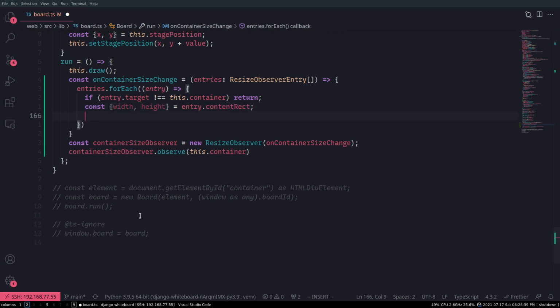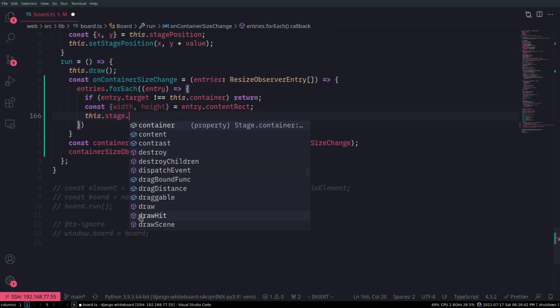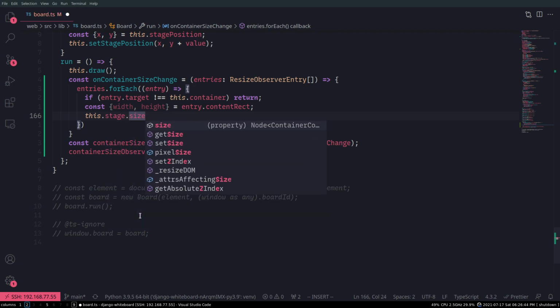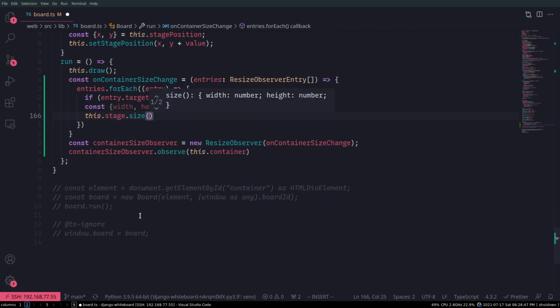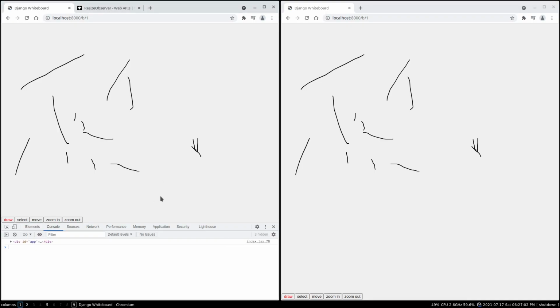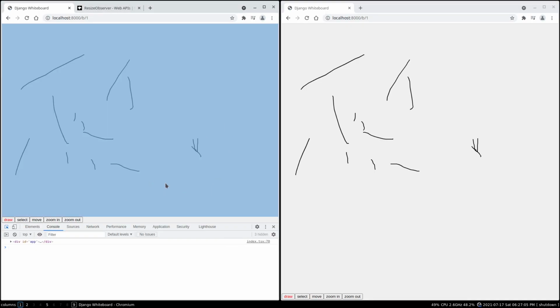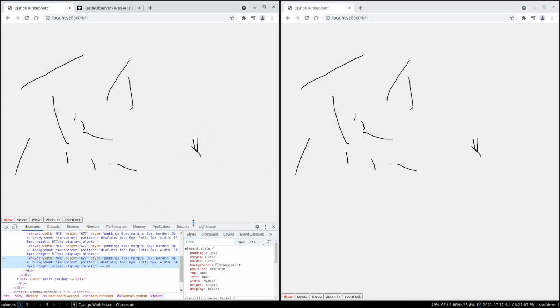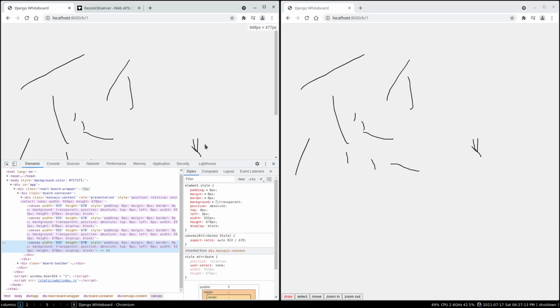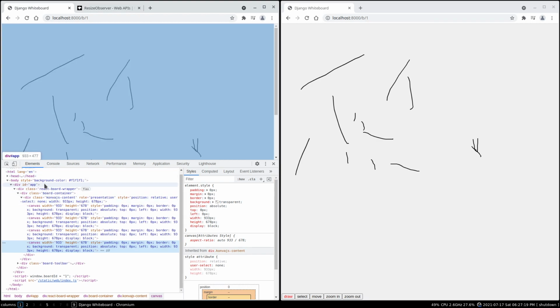Right, and stage size. Huh, convenient. Okay, let's try that. Well, looks like it worked because we have this thing here now. If I change the size of the window, well, that did not work. But I think it's because the